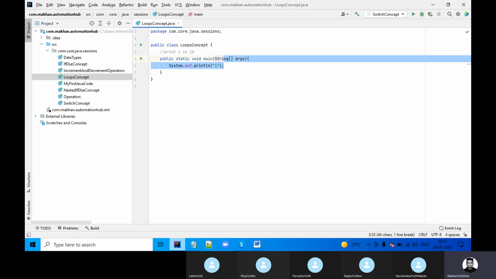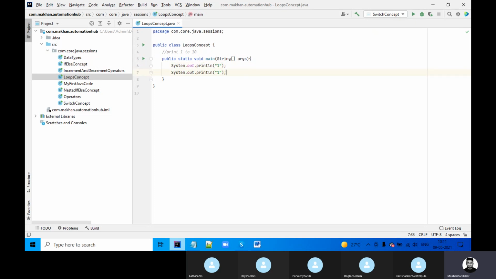One approach is to print 1, then print 2, then 3, and go on printing all of these. For numbers 1 to 5 it is very easy, you can just copy paste and change the number. But when I say print 1 to 100, are you going to copy paste 100 times? No, right? This is not a good practice.